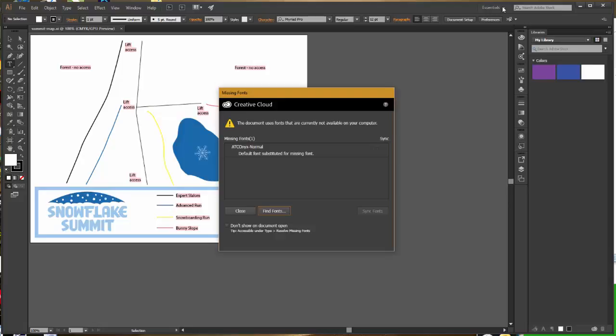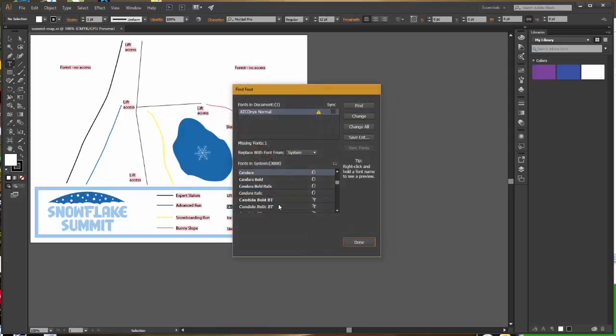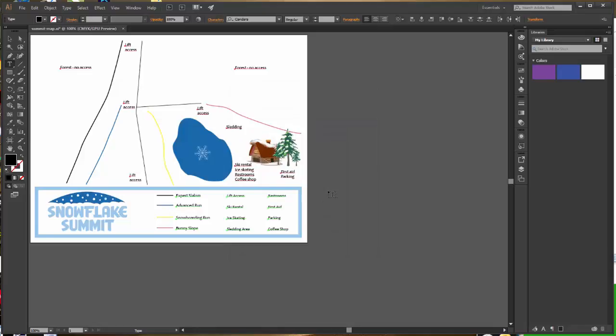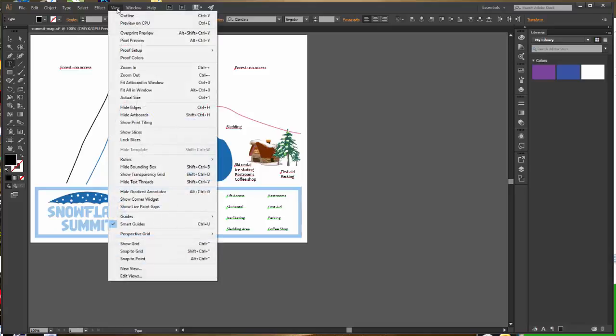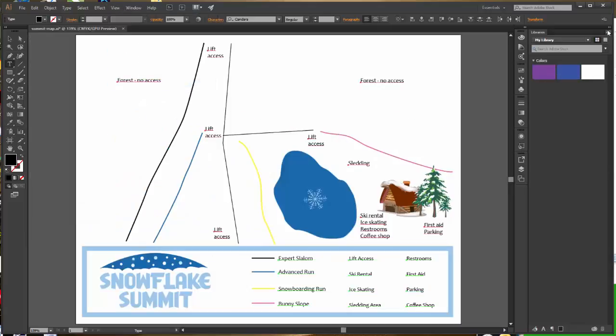notification about missing fonts. To clear this up, select Find Fonts. Make sure that you replace with a font from your system, and then find something on your system that is a nice sans serif font that's pretty plain and clear to read, and select it in Fonts in System and select Change All. That will get rid of that pink background behind the text, which is an indication that a font is missing. And then you can view and fit your artboard in the window, and then you can collapse